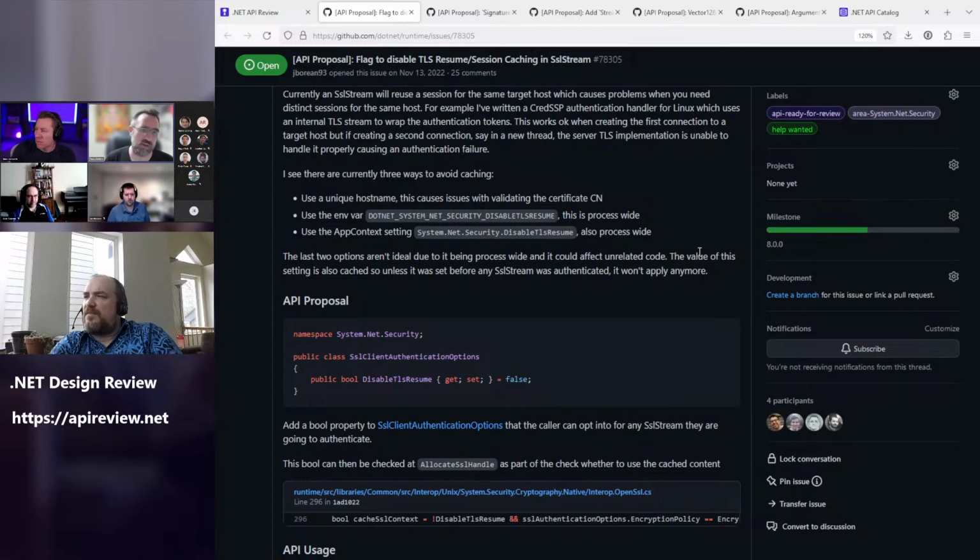So the proposal basically is to add a flag to say, I don't want to do this, I always want to do full handshake, and we would default it to false, so it's negative, so we opt out thing. And we already have a Boolean for renegotiation, which is now rare and forbidden by TLS 1.3, but the TLS resumption, it's similar but not quite the same. So again, the proposal is just to add a Boolean